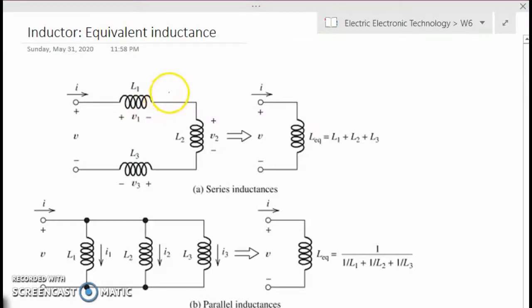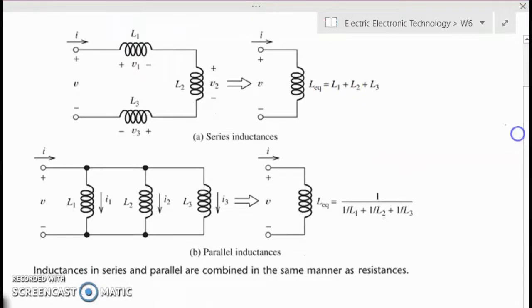So just like a resistance, if you have the inductances in series, just like here, then the equivalent inductance is the sum of all the inductances, L1 plus L2 plus L3. And the same goes for if it is in parallel. If the inductances L1, L2 and L3 are in parallel, then the equivalent inductance will be 1 over L1 plus 1 over L2 plus 1 over L3. So that's